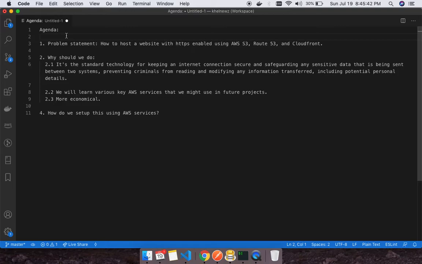Now let's understand the problem statement with an example, right? Today, whatever website we visit, if you notice, it has an SSL certificate. And what does that really mean?